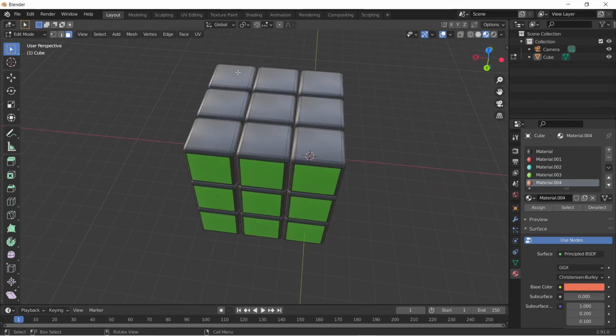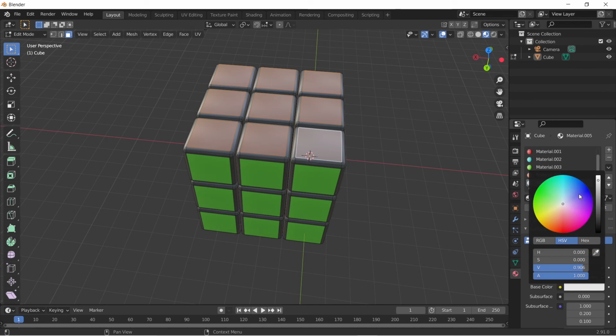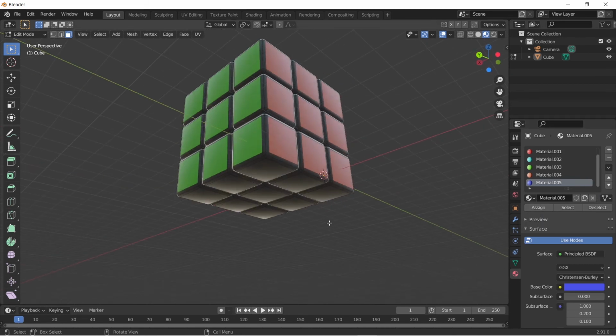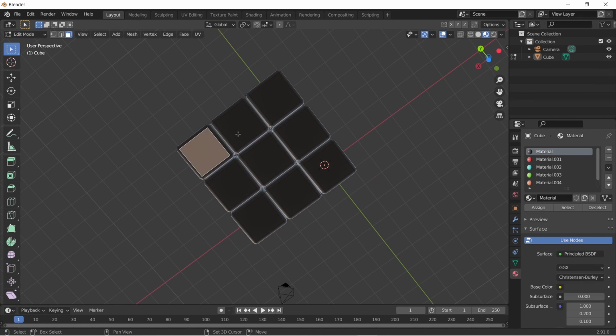Now it's time for the bottom and the top face, so select all the top faces and create a new material, and maybe we can make it purple or dark blue. I don't know what this color is, so assign it to the top faces. And now the only thing left is the bottom faces. Select all these bottom faces